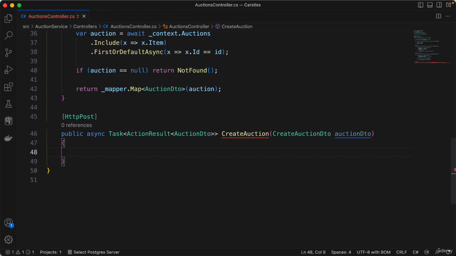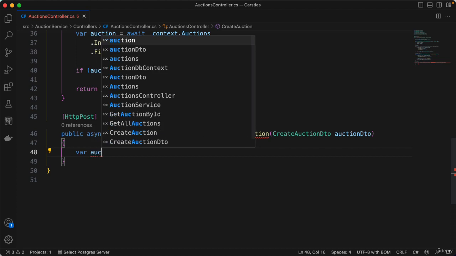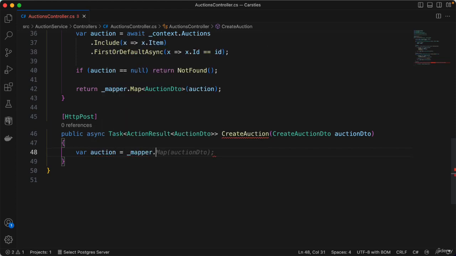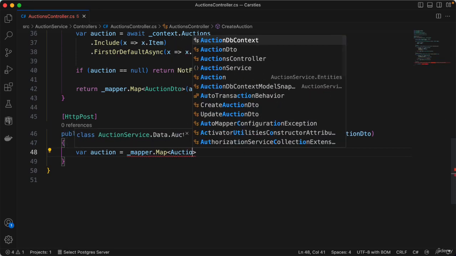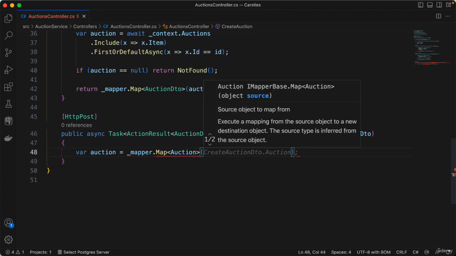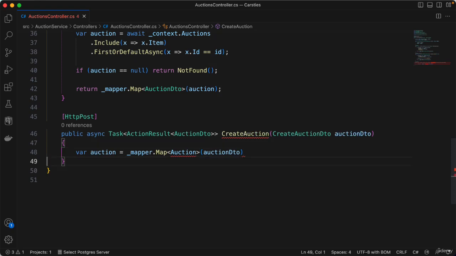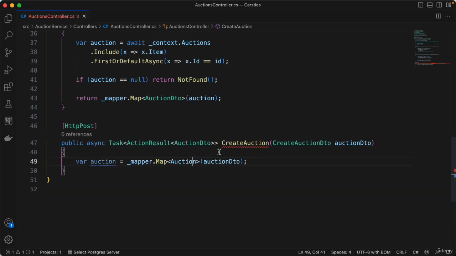And the first thing we need to do here is map the create auction DTO into an auction entity. So we can use AutoMapper for that. So we'll say var auction equals mapper.map, and then we specify what we want to map into. So this is going to be auction to represent the auction entity, and we can pass it the auction DTO. And looks like I haven't imported this yet, so I'll just add the quick fix and say using auction services